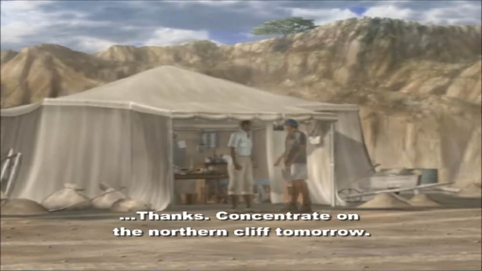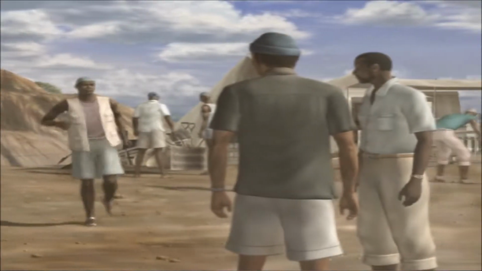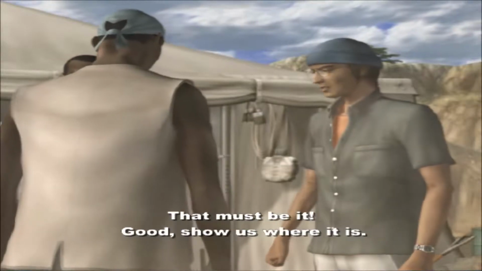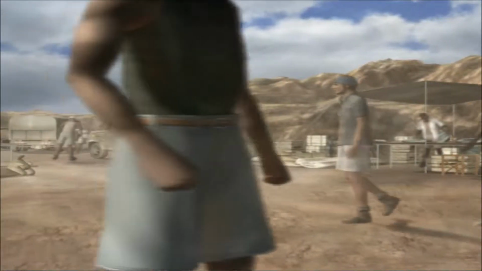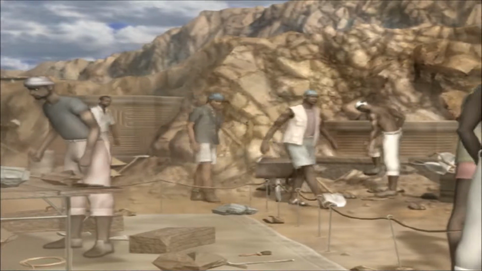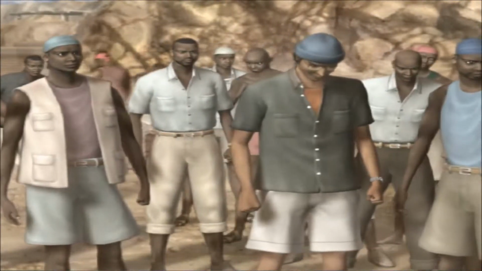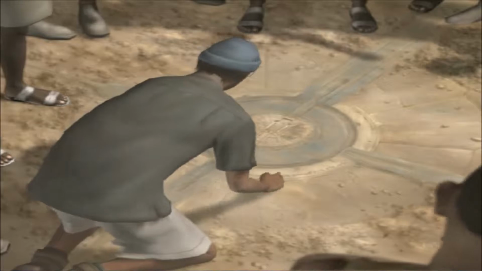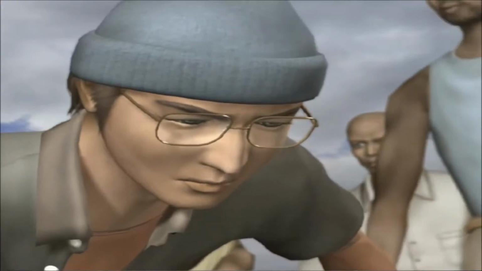Thanks. Concentrate on the northern cliff tomorrow. The ground there is hard, so be careful when you dig. Yes, sir. Doctor! Dr. Masuda! What is it? Did you find something? Yeah, we followed the corridor from the lakeside. It matches the location described in the research paper. That must be it. Good. Show us where it is. It's different from the others. I knew it! It's over there. This must be...